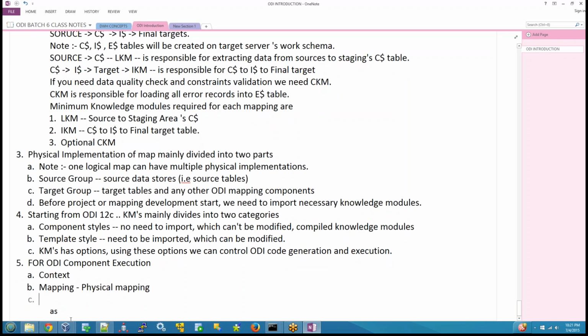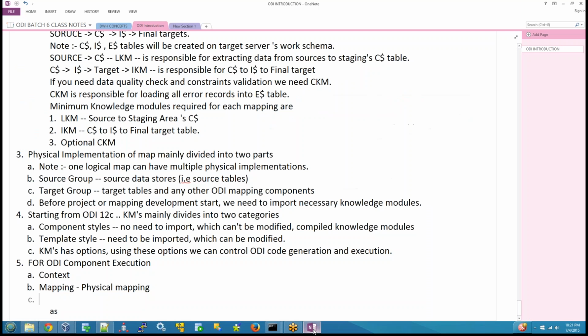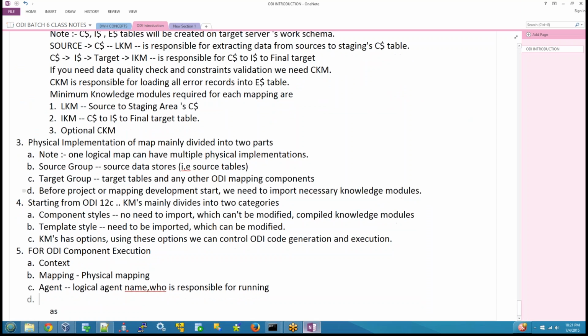And the third one is the logical agent. The agent who is running the mapping, the logical agent name. The agent name who is responsible for running the mapping. And finally,